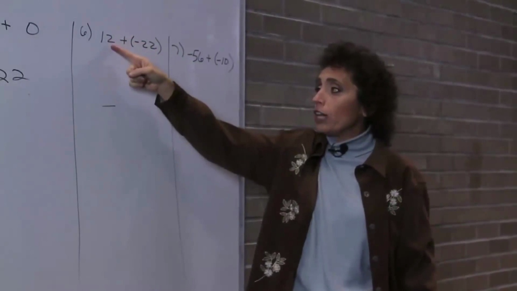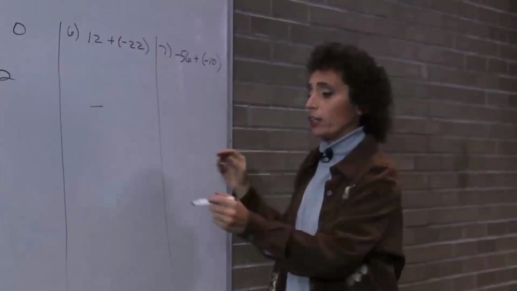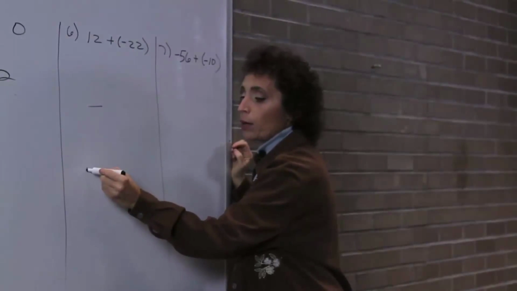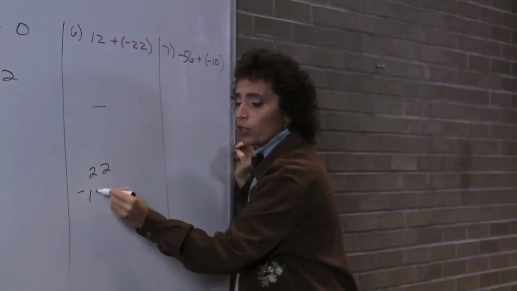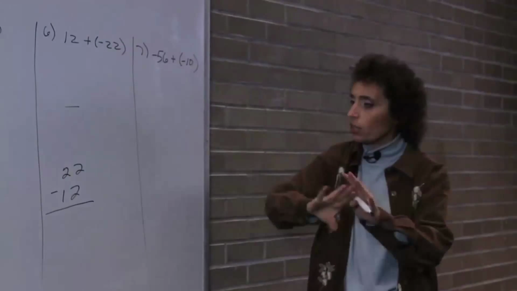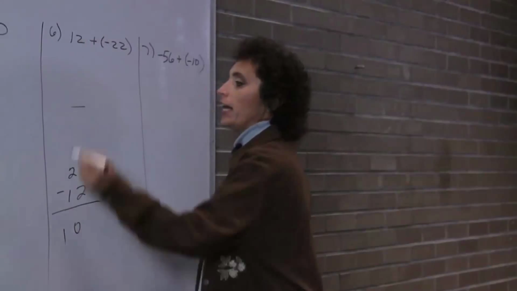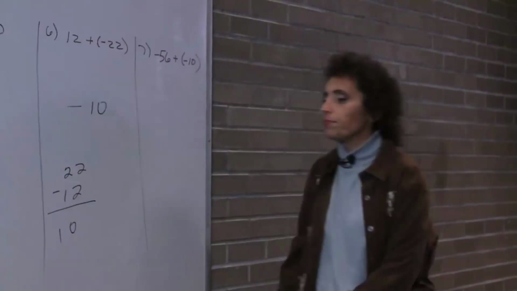So I owe you $12. If I give you that 12, then I don't owe you as much. I know I have to subtract here. Now, I'm sure you can subtract in your head, but just to make sure you understand, when you subtract, you always still put the biggest number first. That doesn't change anything. So it's 22 minus 12, which is 10. So this is negative 10.